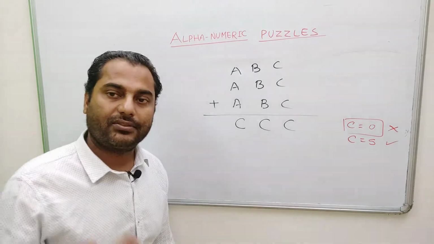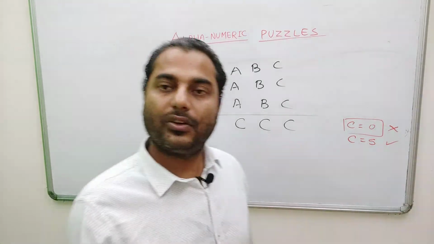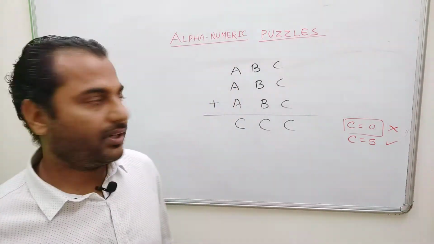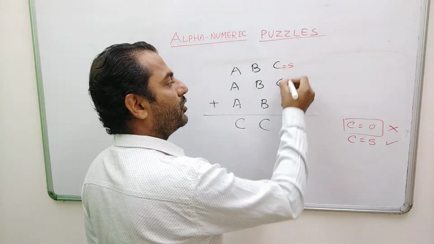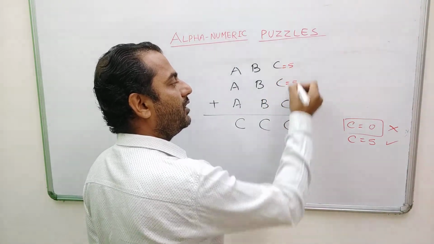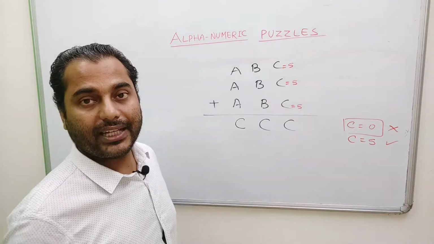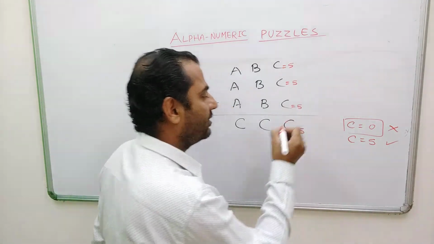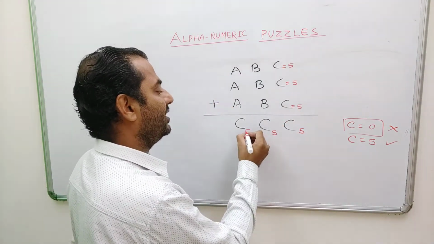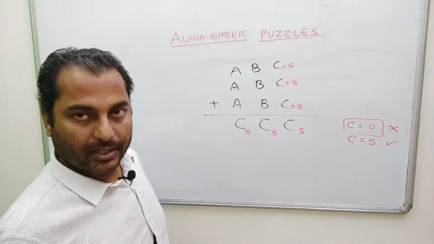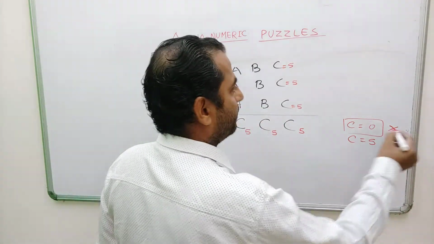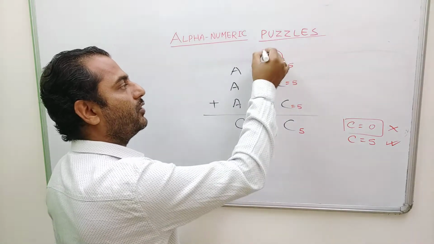5 has a property that 5 added to itself an odd number of times gives the result 5 again. So if I write here 5, for example, then 5, then 5. So 5 plus 5 plus 5 gives me 15, and that makes this C also 5, and therefore all these three should be 5, 5, 5. Right? So 5 should be the value of C. Now 15 will give me a carryover of 1.